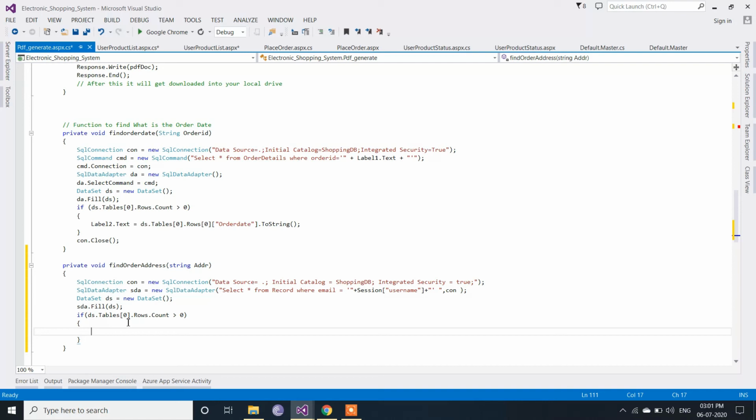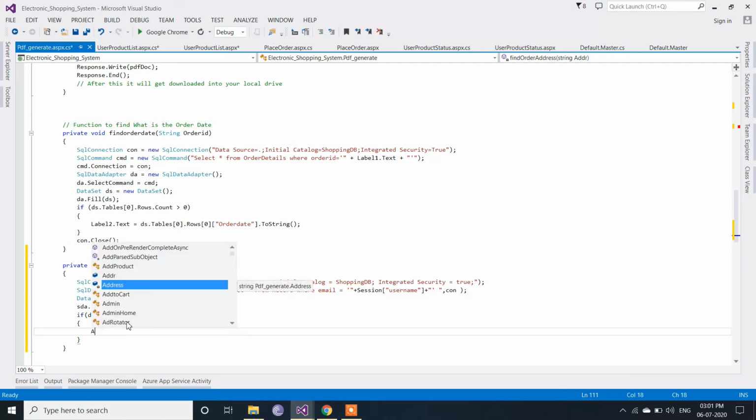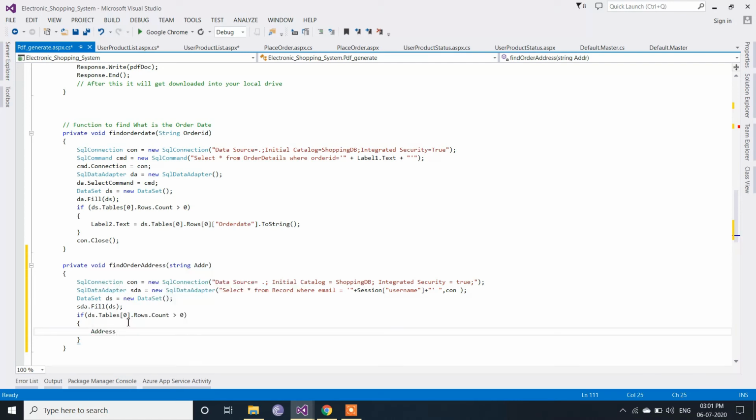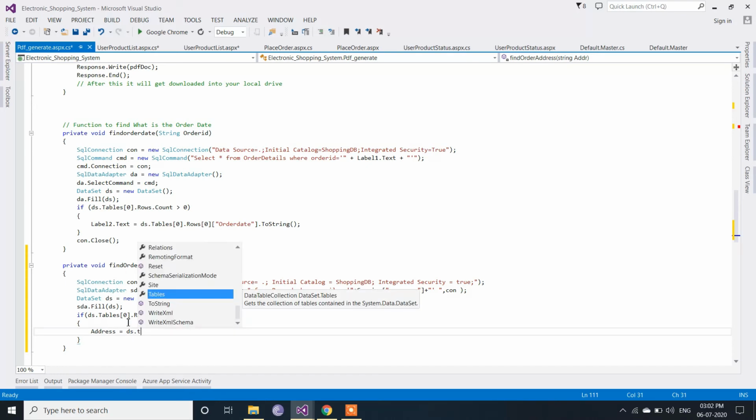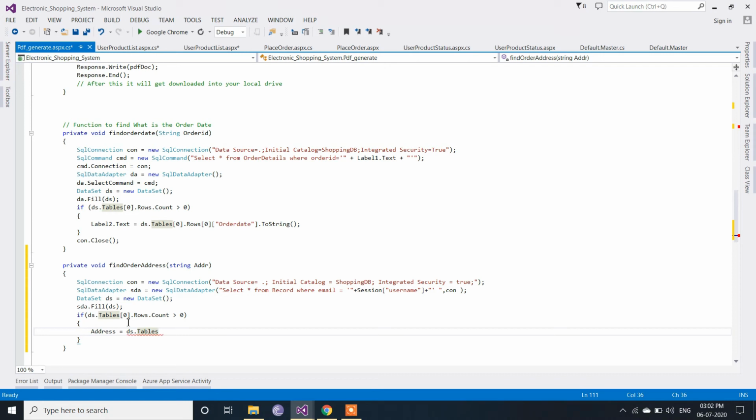we have to provide the address here, which we have declared at the starting, at the class level just before the page load event, right? So we are going to assign that record in this string variable address. Okay, so give the object name of data sets table, which is at 0 index, right?